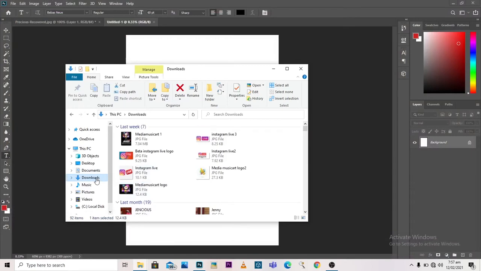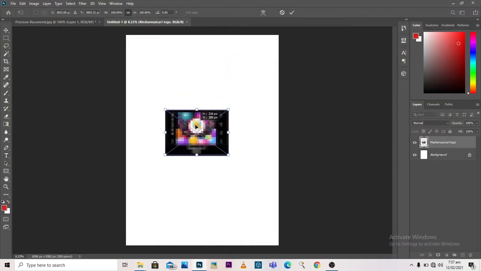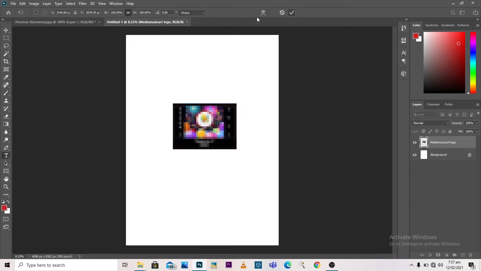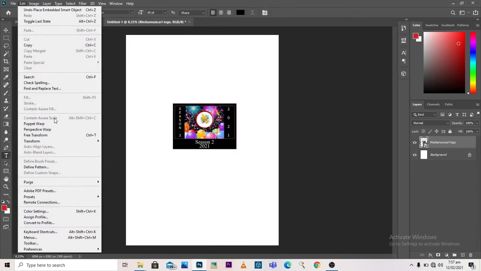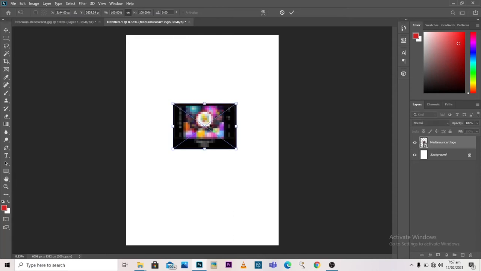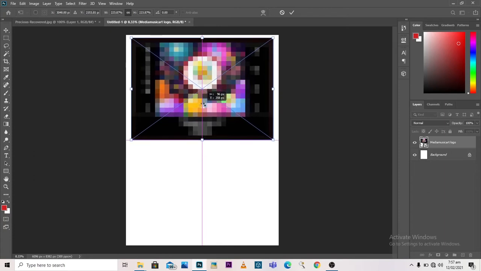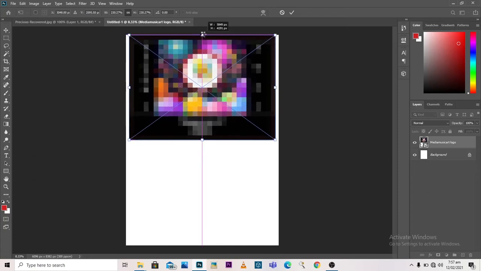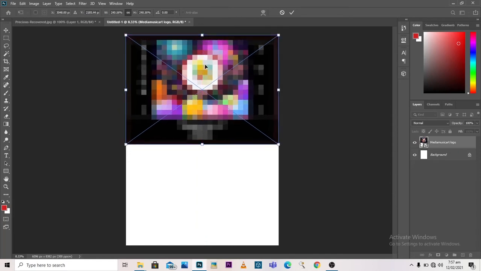So now I'm going to drag and drop the logo. So this is the logo. I'm dragging and dropping it into my design here. So I'm going to hit this check mark to accept it. I want this logo to fill in all this place, so I'm going to go to the edit menu in the menu bar, then free transform. I'm going to make it bigger. Okay, so I'm going to select the check mark to accept it,